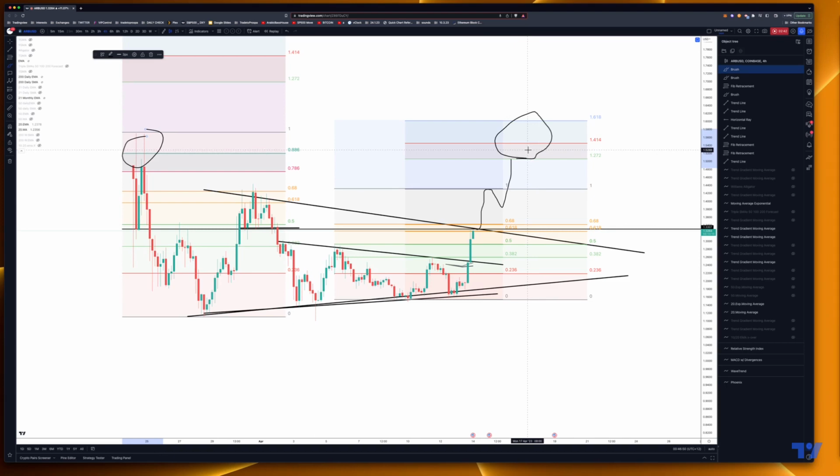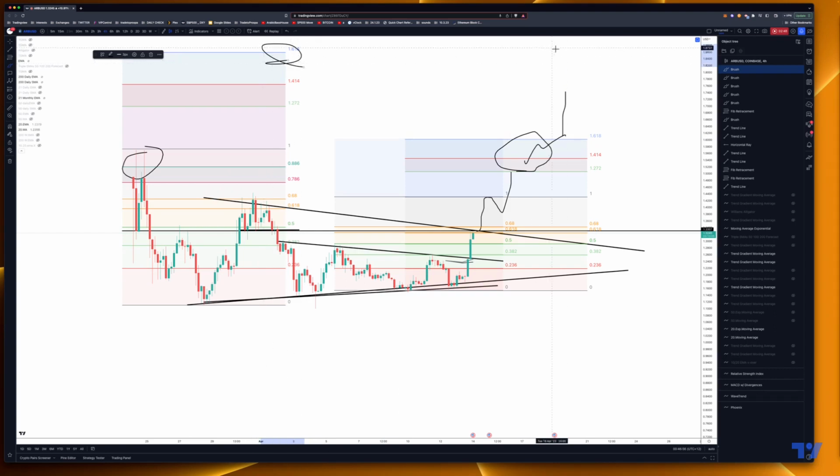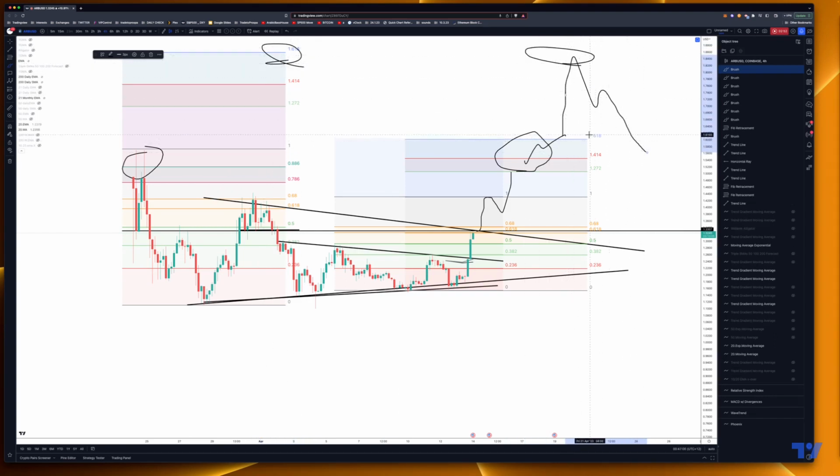But if the market is alt season, it's just going to go. And then we can look at this level as a major target, and then we come back down again. So be aware that this is the setup of a macro move. Yeah, $1.80 from $1.30 at the moment. So it wouldn't surprise me that this happens.